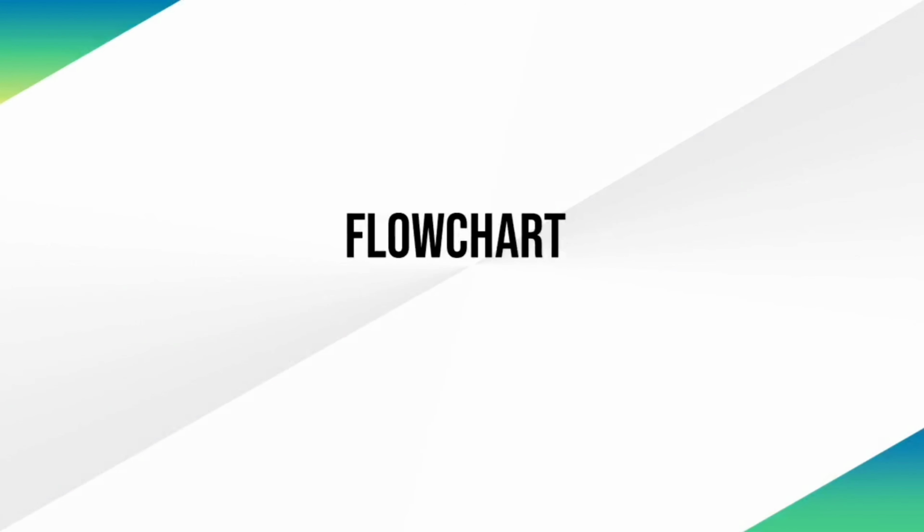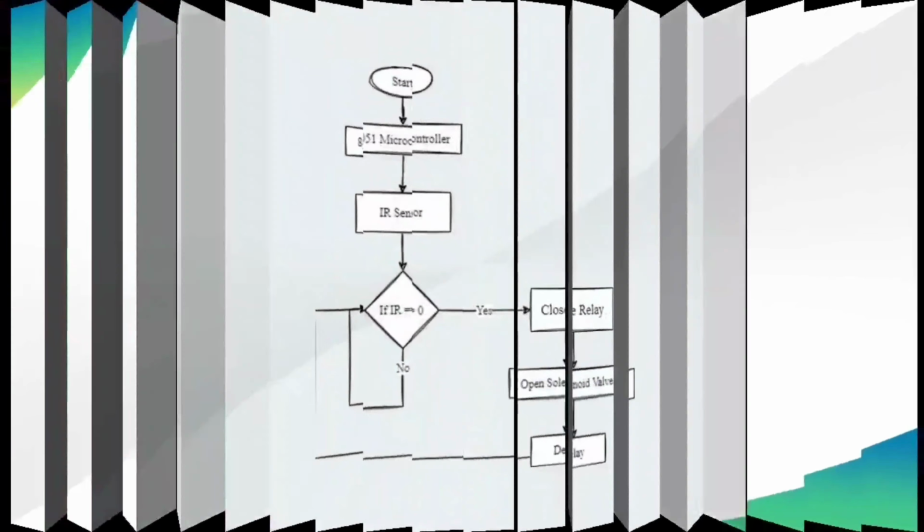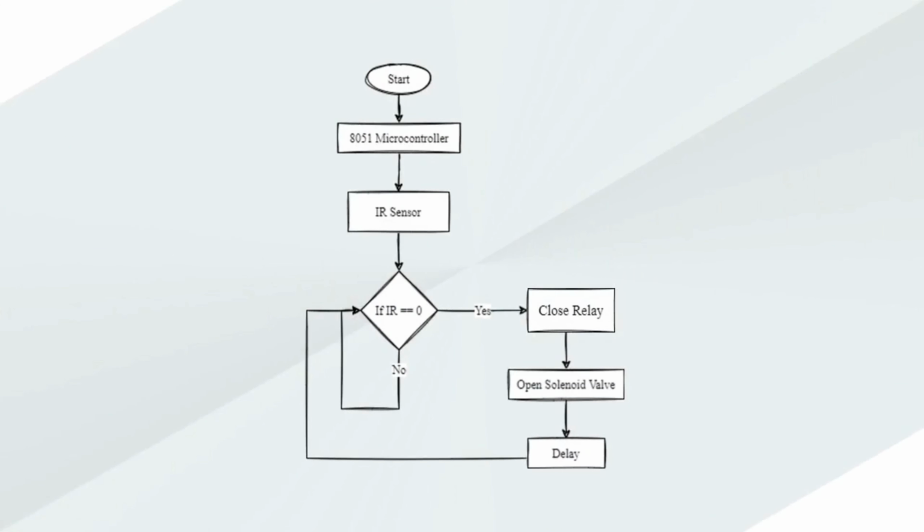From this principle, we can proceed with the flowchart. The main thing in this flowchart is to constantly check the status of the IR sensor. The state of the IR sensor which I have used here is always 1 in normal condition. If an object or anything interrupts the signal, then the state of the IR sensor becomes 0. This is where our whole project lies. So, our job is to check whether the IR state is 0. If it is, then the relay is closed and the solenoid valve which is connected through the relay is opened. The sanitizer is dispensed for a short time.